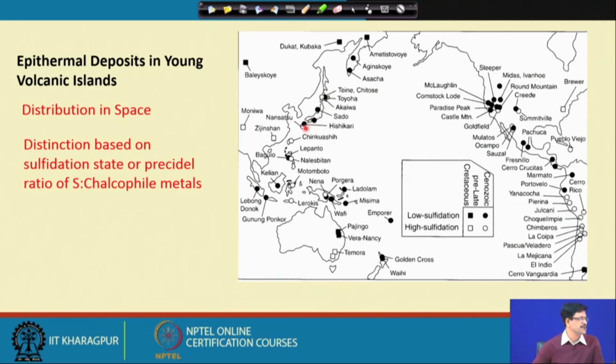In the Kyushu province, this is the Hishikari deposit, one of the very rich gold deposits. And in the western margin of the South American continent and the Western American Cordillera, we get a series of such deposits